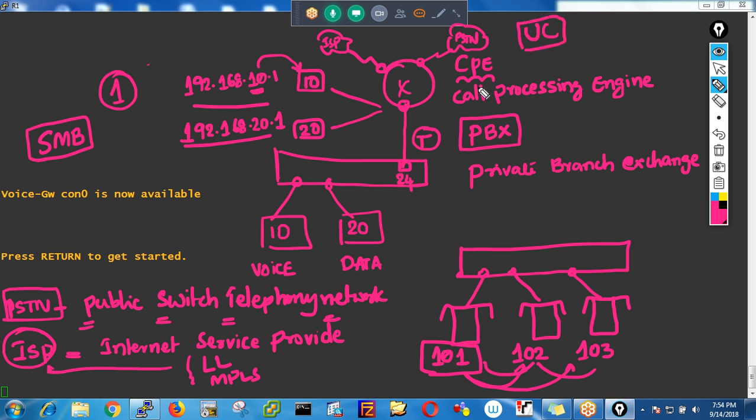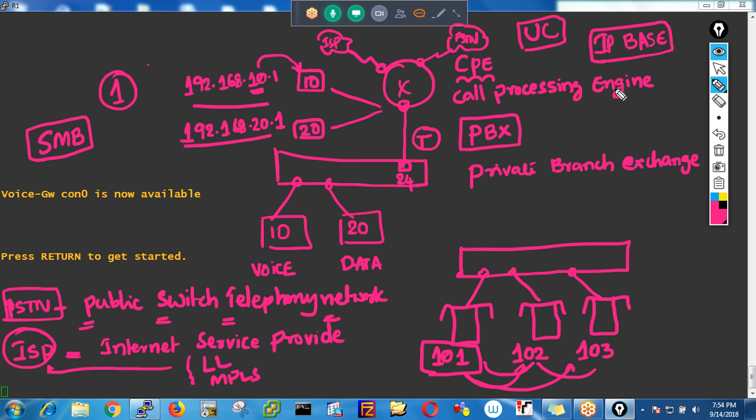Make sure that whenever you purchase a router, the router must have a UC license, otherwise you cannot configure your Cisco IP phones. By default the router will come with the IP Base license, guys. So by using the IP Base license, you can do the basic configuration. I mean, whatever routing related stuff is there, you can do that, like NAT, ACL,